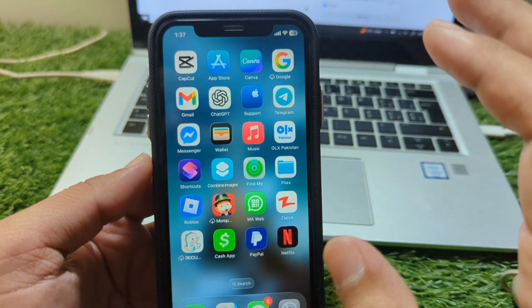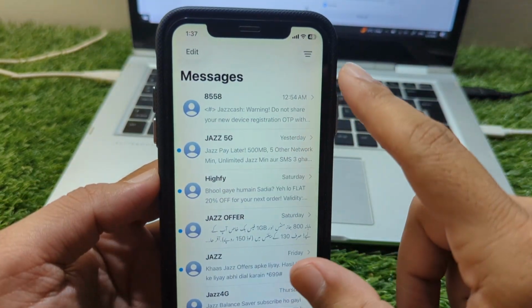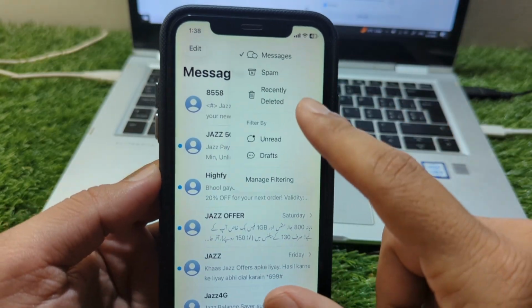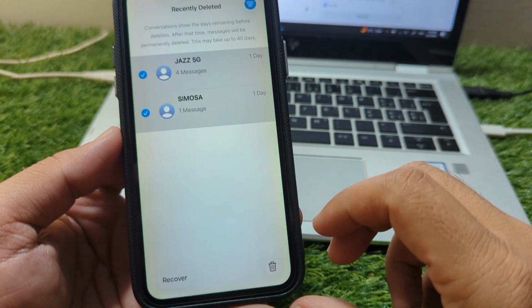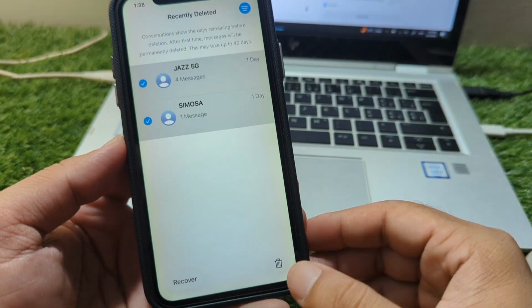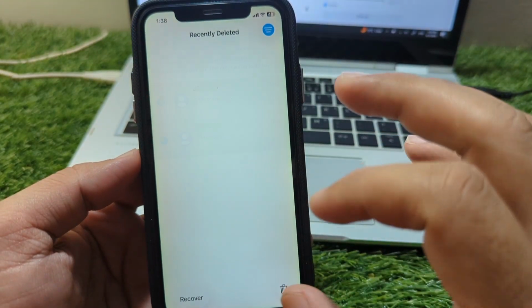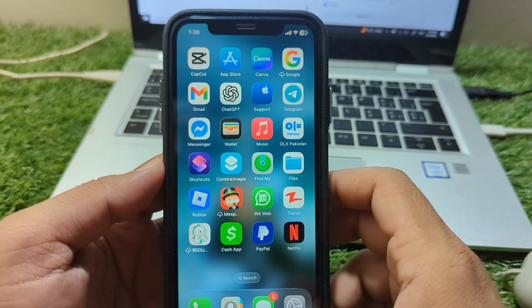So guys, do this, and after this you have to open Messages and then tap on the 3 lines button, tap on Recently Deleted, and from here you can delete the recently deleted messages or empty trash of your messages. So guys, empty trash from here as well, and after this go back, and now you have to simply go to